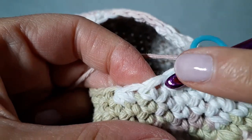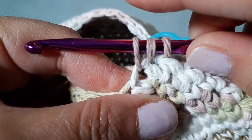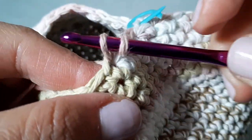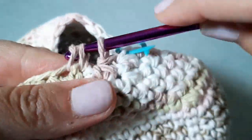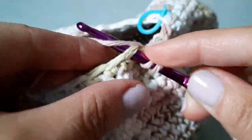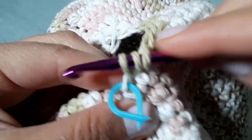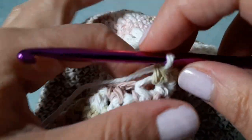And then I'm going to continue to decrease all the way around. So I will insert and have 3 loops on my hook and then 2 together. So the next 2 will be stitched together all the way until I get back to my stitch marker. This is my last decrease here. I'm going to take my stitch marker out